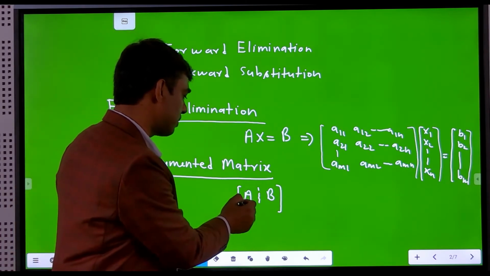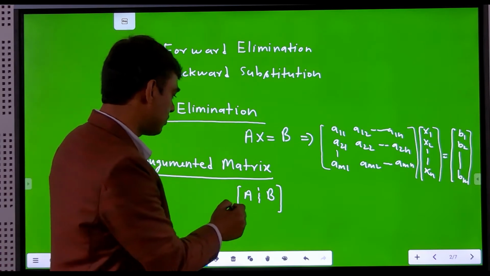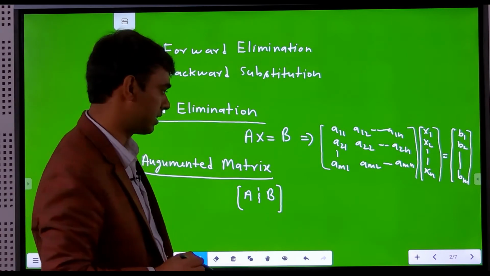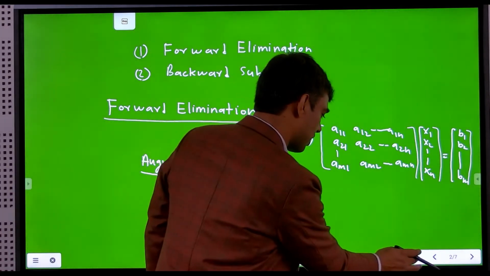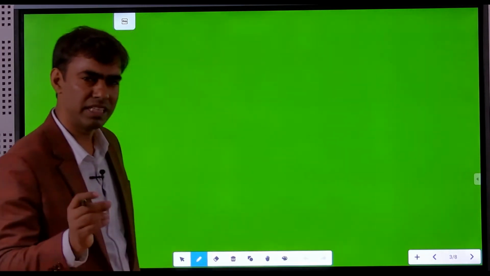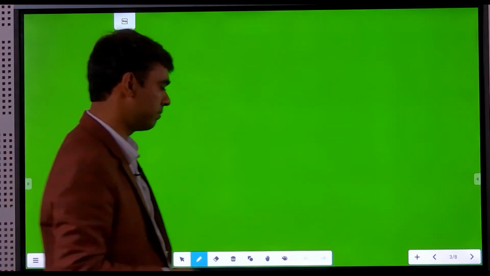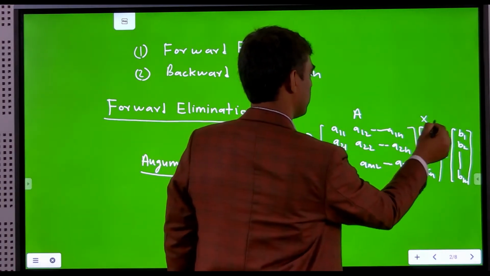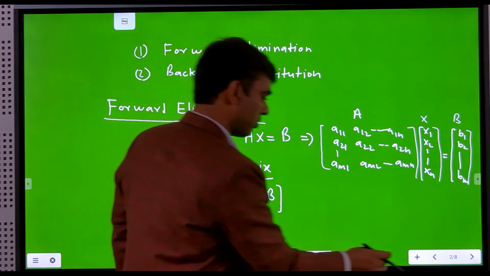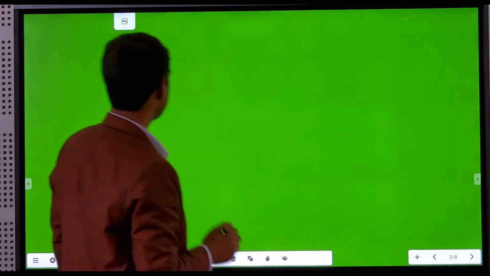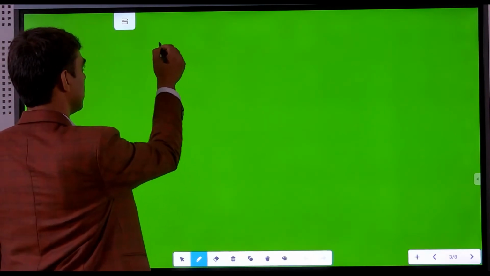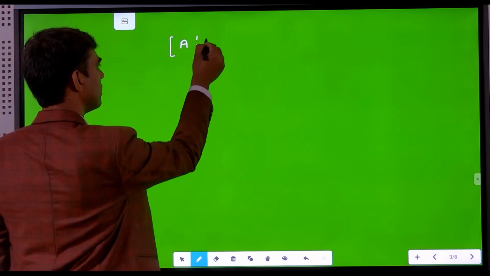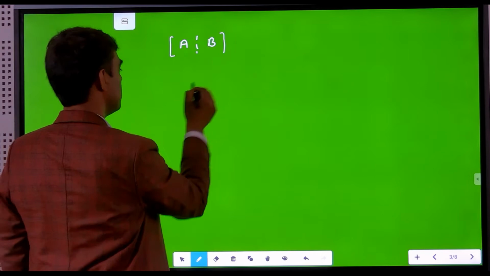Now how do we convert the matrix A into an upper triangular matrix? We write the expanded form of the augmented matrix. How do we write the expanded form of the augmented matrix? We write the values of A and the values of B. So now the augmented matrix becomes A partition B, and this can be written as,